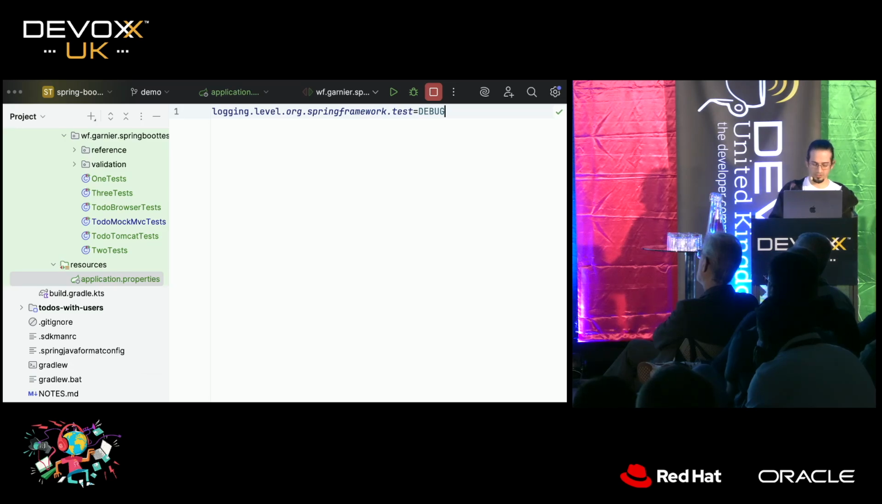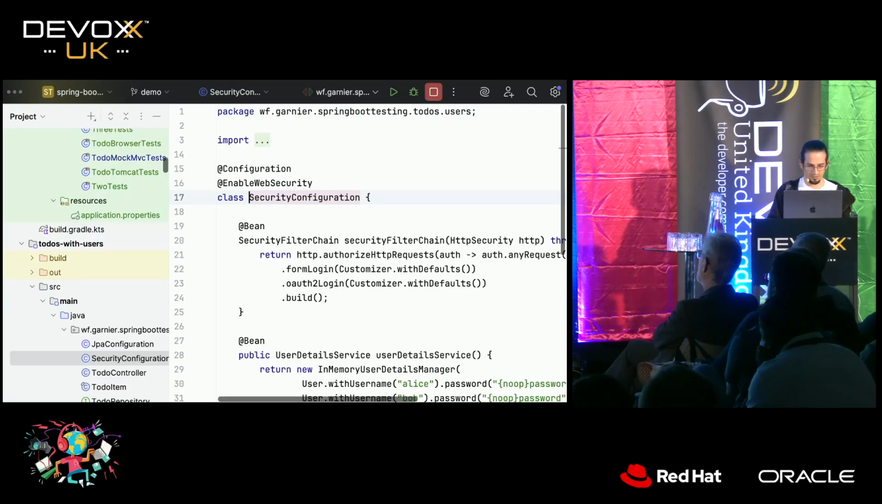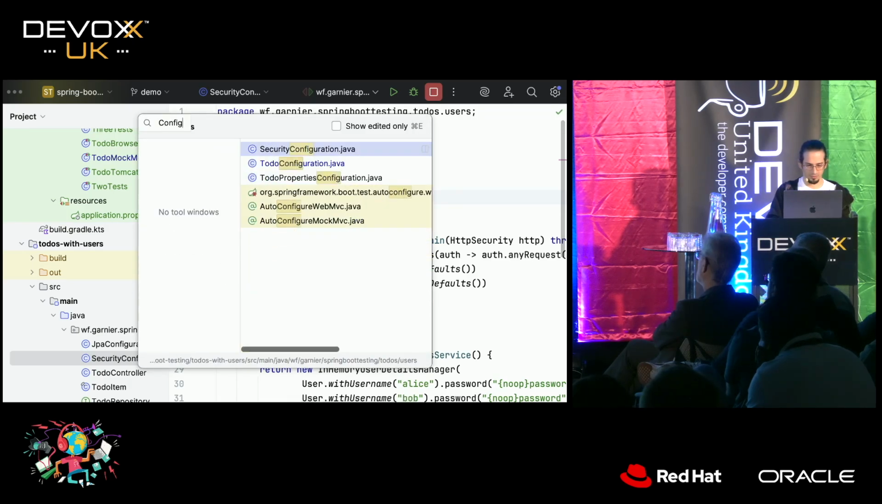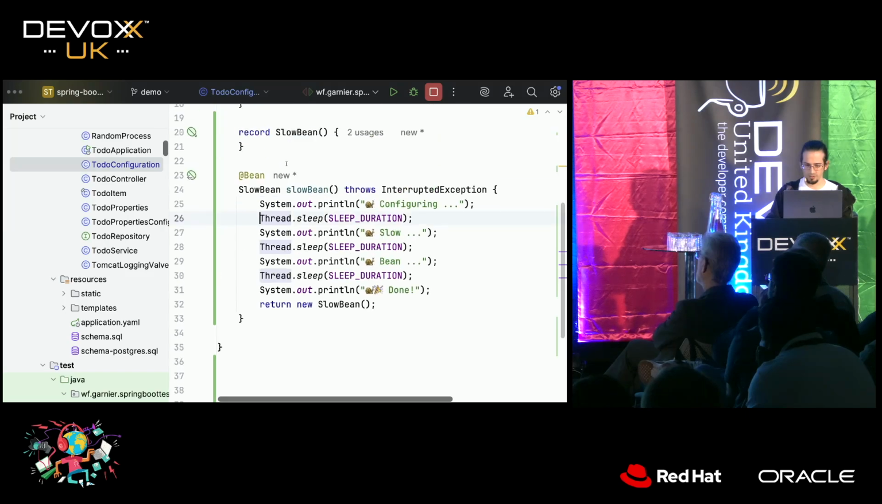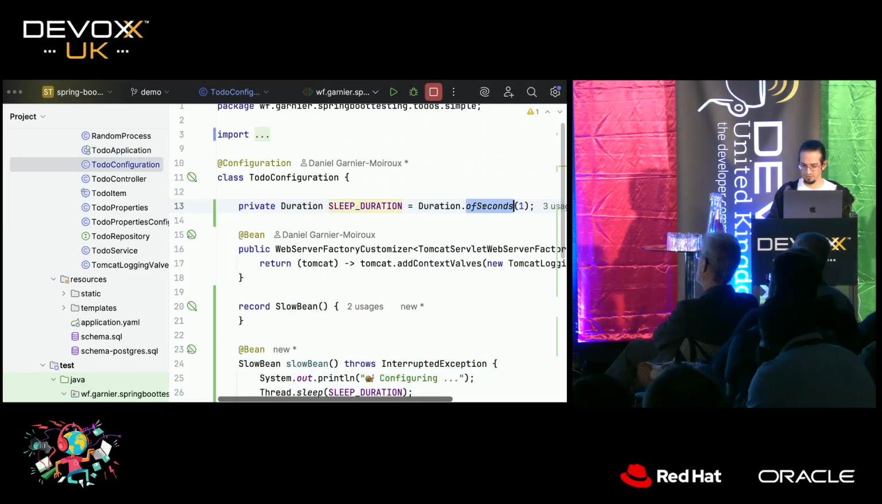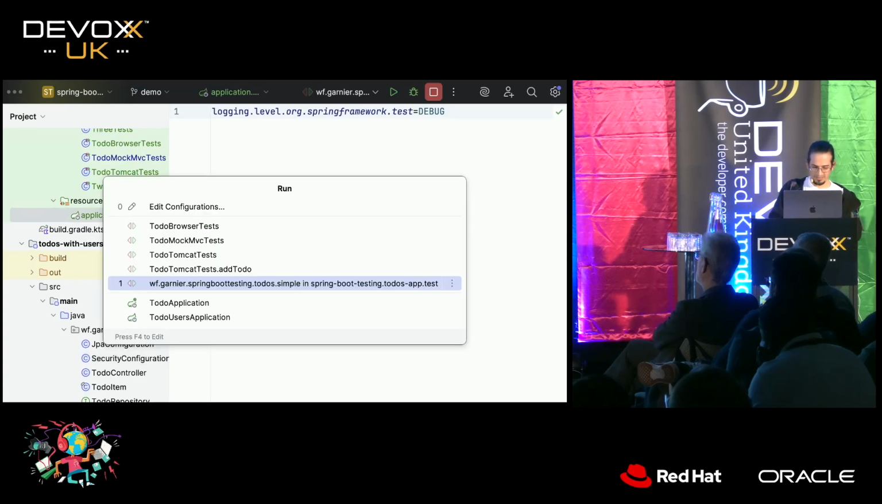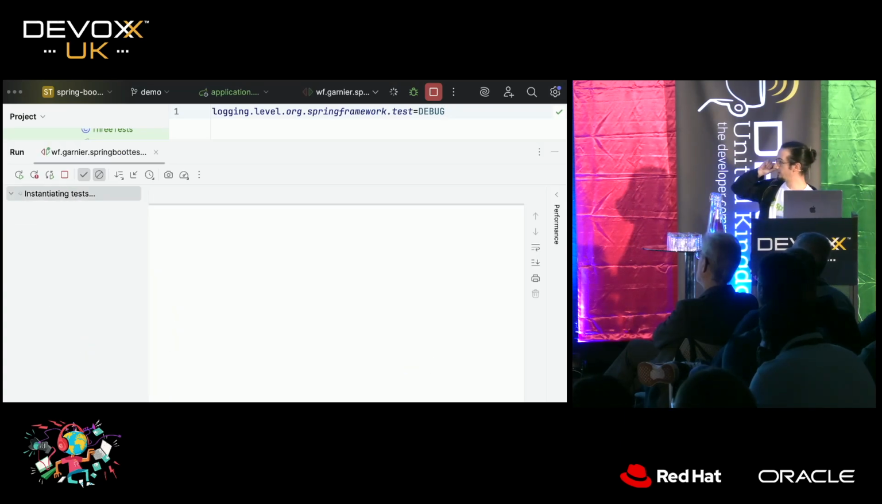So now if we rerun our tests, the configuration. This one is too painful. I don't want to sleep anymore. I want you to be awake, so no sleep. Good. So now if I run my test, I'll have a little bit more logging in the test and I'll